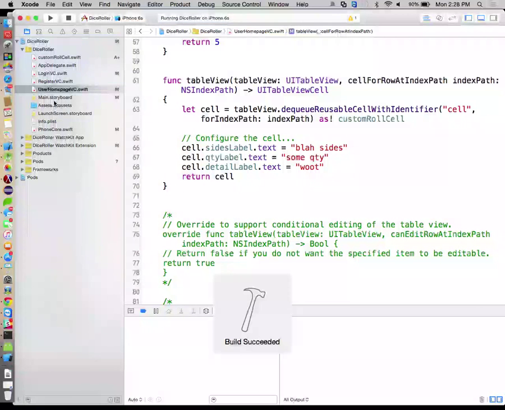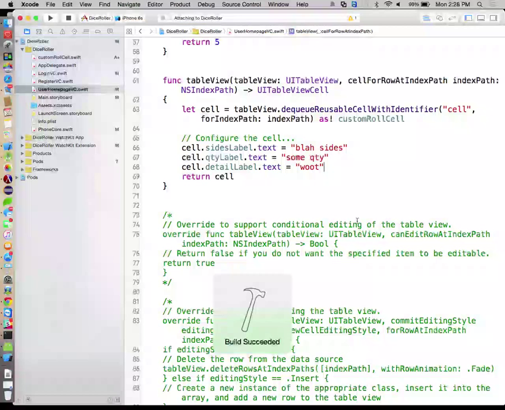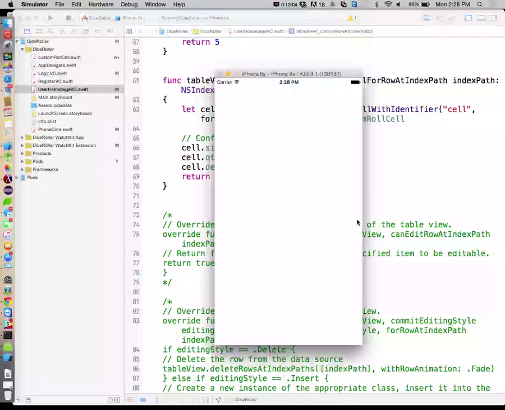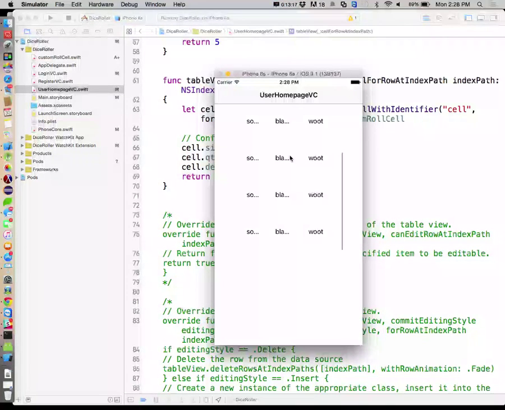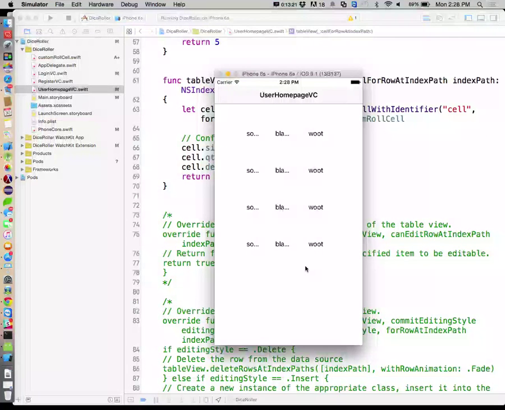I should be able to run this now and see that I have my custom cell that has things in there. Awesome. All right, so there's our custom cell there. Okay, so